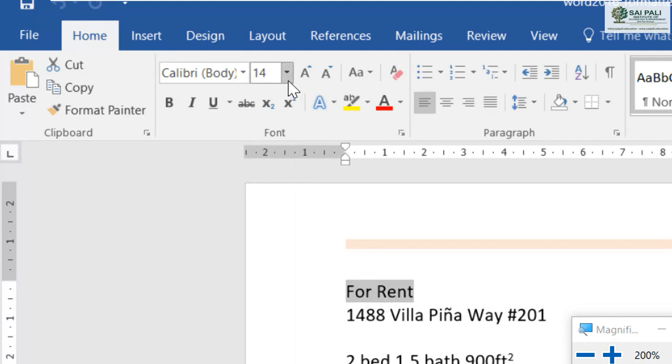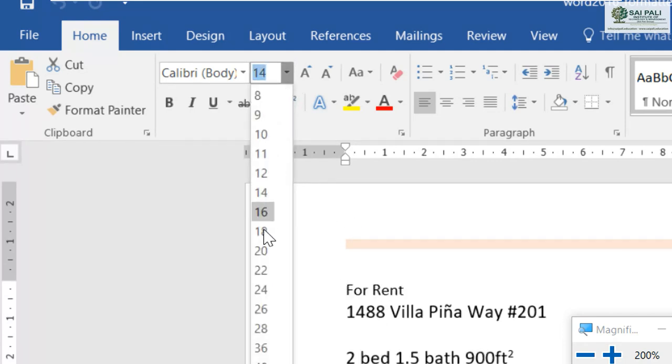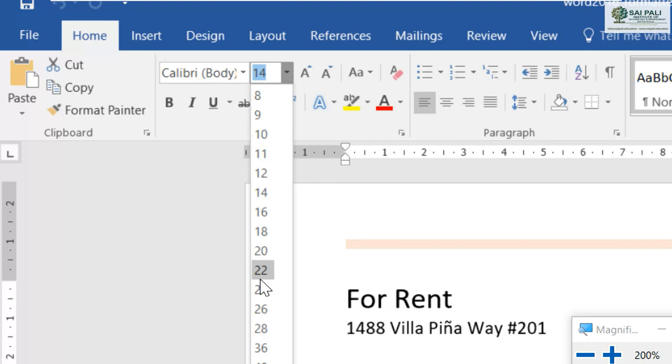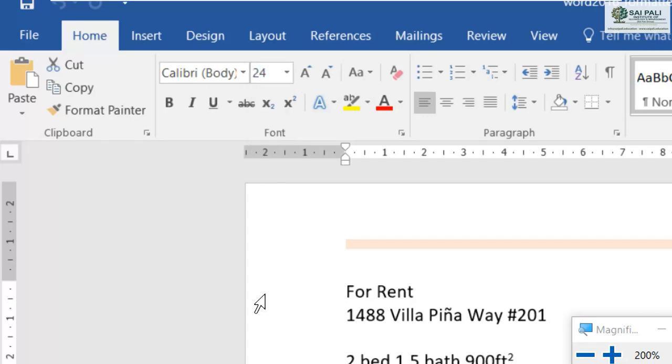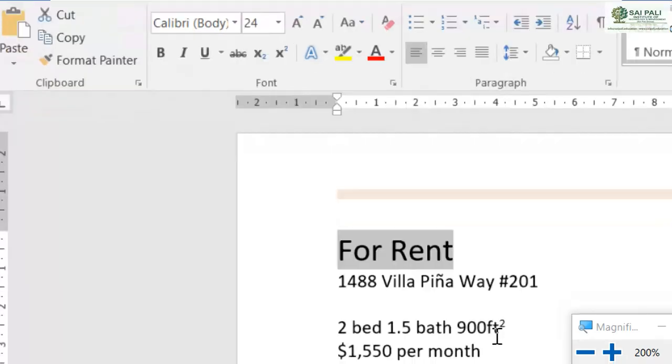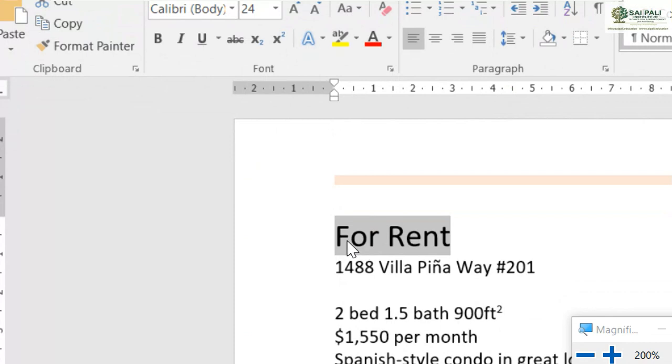Now I want to change it. So let's say I want to change it to 24. So I select this 24. Now you can see the font size is changed, and it has increased, it has become big.